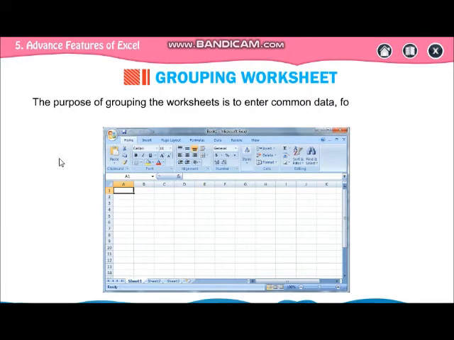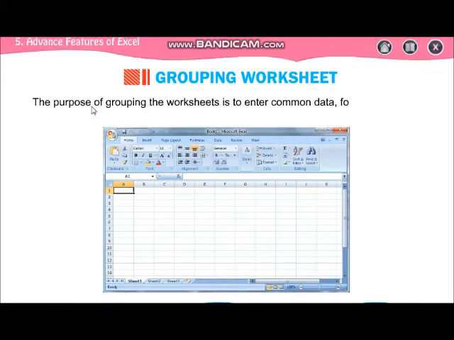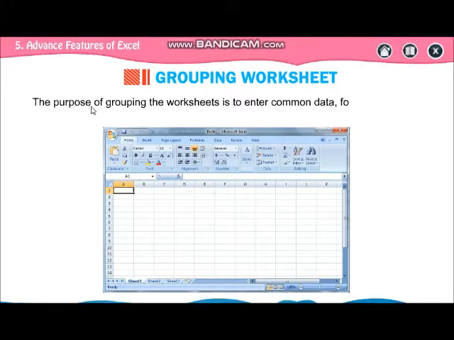The main purpose of grouping worksheets is to enter common data. Suppose you are making a monthly report. In one sheet you make a report for January, in the second sheet February, and in the third sheet March, and you want to write something which is common in all the sheets.